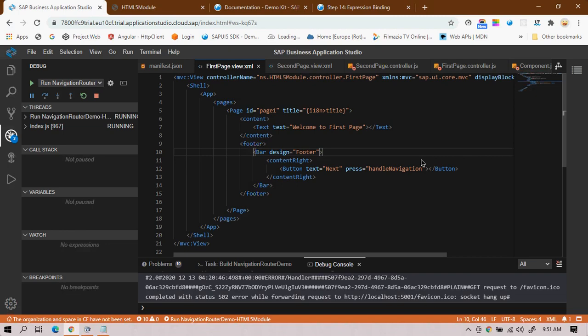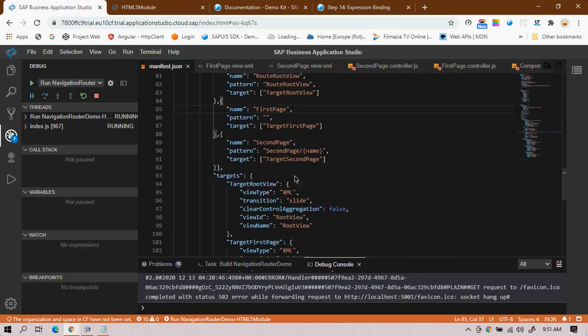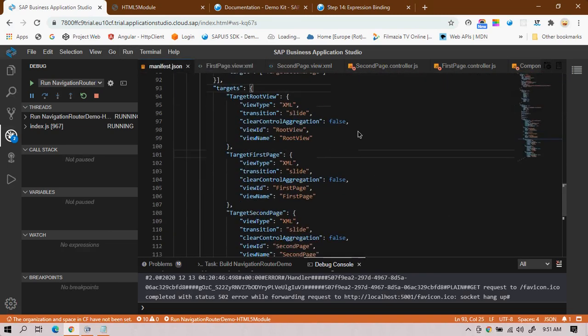Once you create the 3 pages, you have to navigate from the first to the second and from the second to the third. And initially always display the first page, not the root view. While executing the application in the browser, I should see the first page, not the root view. Then open your editor and try to implement this.